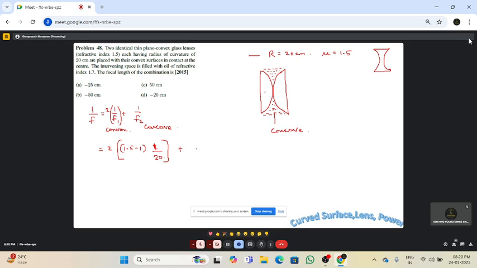Plus 1.7 minus 1 for the oil concave lens. This has two concave sides, so it will be minus 2 by r. Minus 2 by r. R is the radius, this radius is 20 cm, the concave is the same, so that means